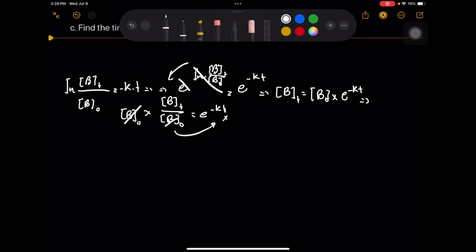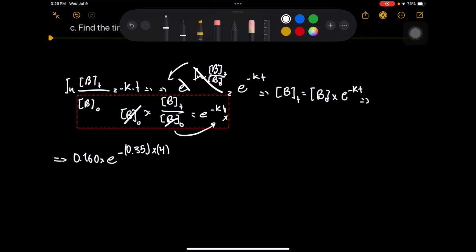And our initial concentration was, let me write it like this. Our initial concentration was 0.6 molar times e with the power of negative. The rate of reaction was negative 0.35, and times the 4 minutes. In 4 minutes, I didn't change the units of time because the rate was in minutes and the reaction wants it in minutes, so we don't need to change anything. And if we try to calculate it,